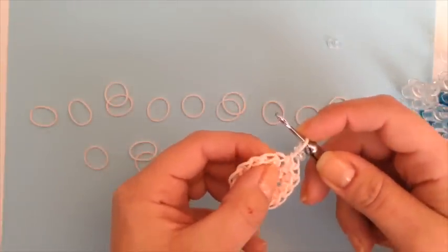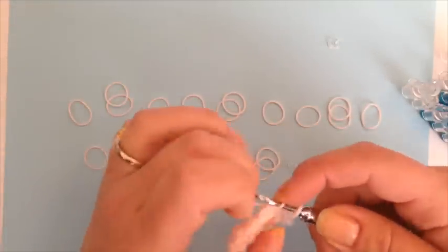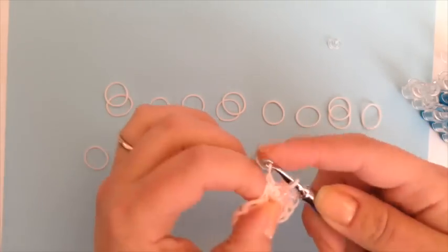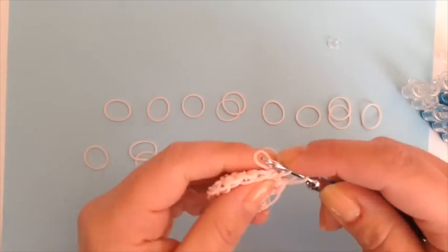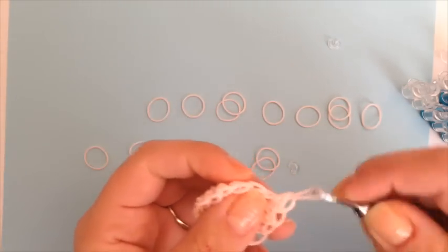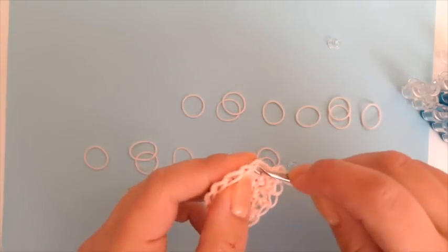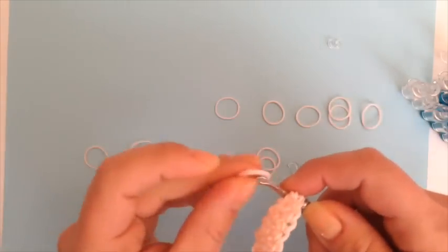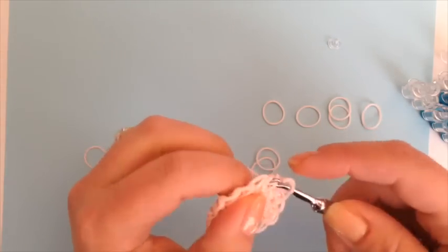So going in your first stitch, careful where you go, with 1 band. Your next stitch, 1 band. And your 3rd stitch has 2 bands. Repeat, 1 band, 1 band, 2 bands. Going back in the same stitch to add my 2nd band,